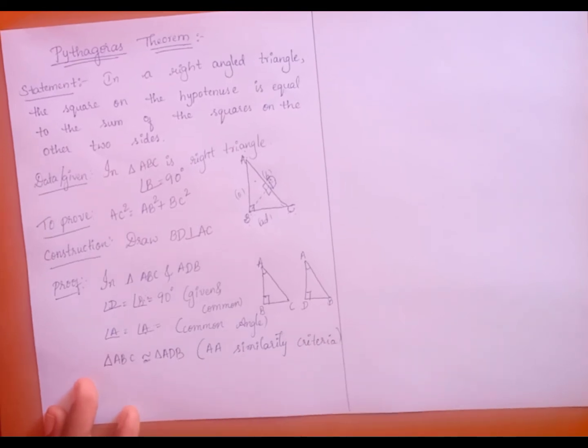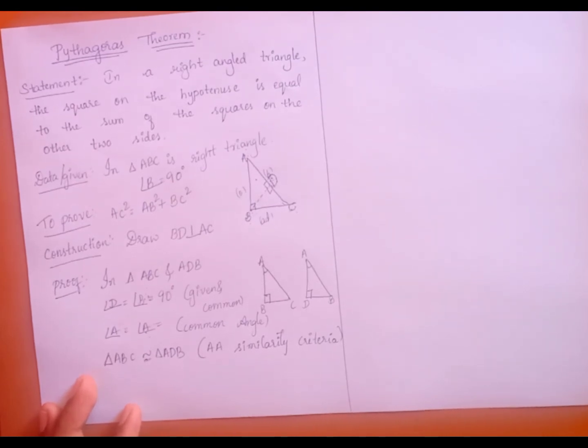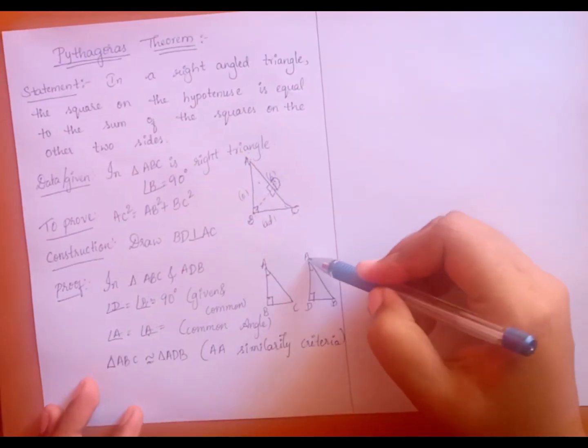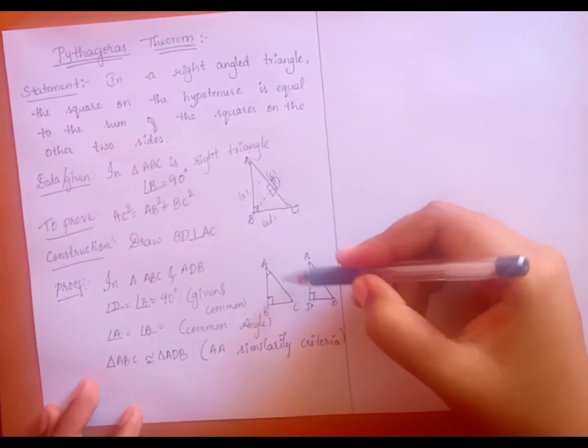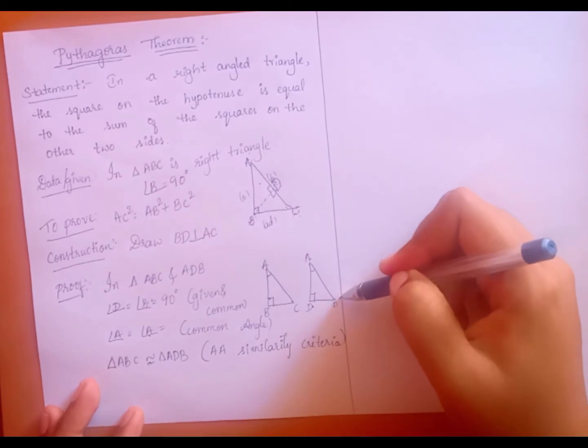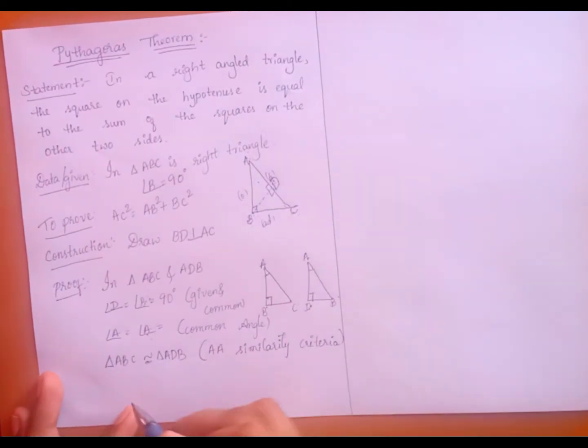So if the angles are equal, we apply the criteria. So now we can write the proportional sides in ratio form. Proportional side means if we are taking AD, the proportional side for this is AB. And if we are taking the proportional side for AB, AC will come as the proportional side.